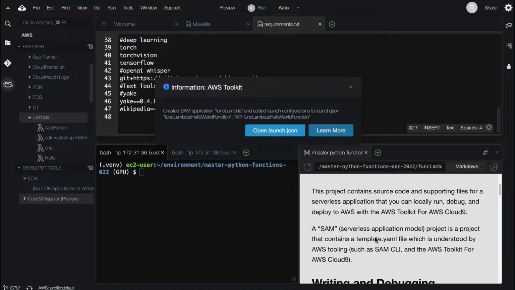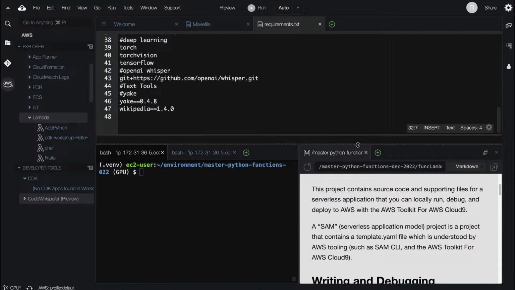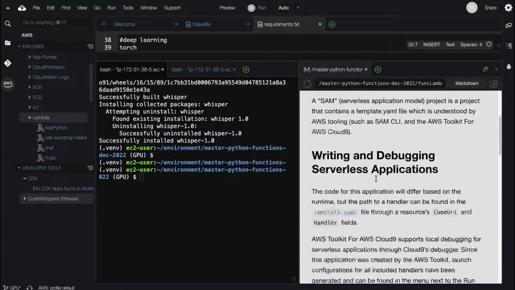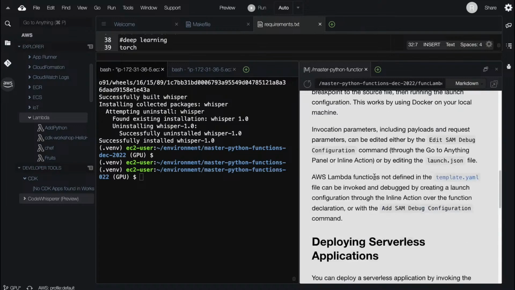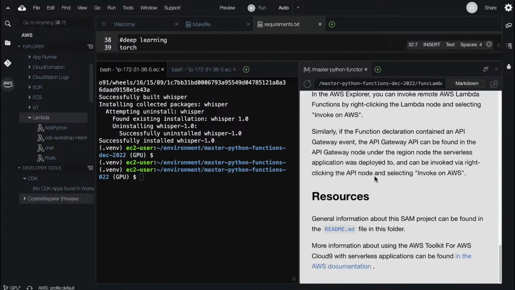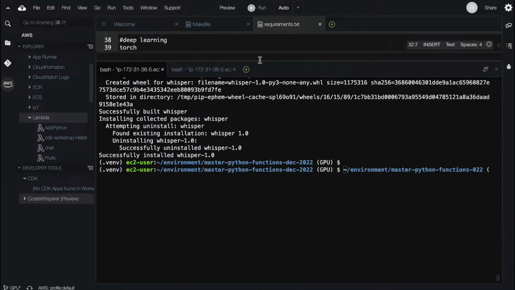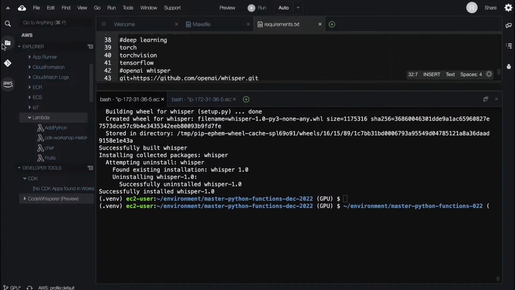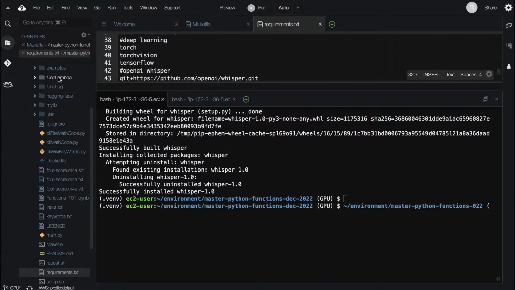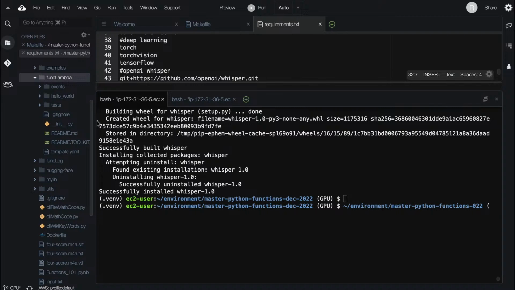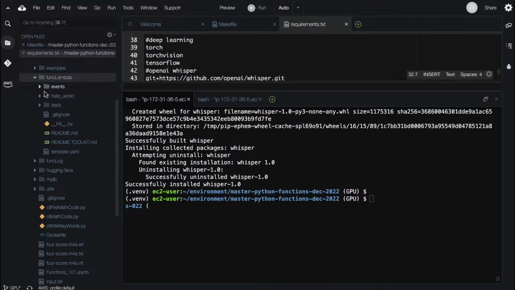And look, we can see here that it will include some documentation as well about how to actually deal with this in terms of deploying it, documentation, etc. And this is all in the README. So great, thanks for doing that for me. Let's go back to our Explorer here, and let's look. Here we go, Func Lambda. We have another application here, and what we can do is see that there is a whole environment here for us to play around with. Let's go ahead and read the README here.